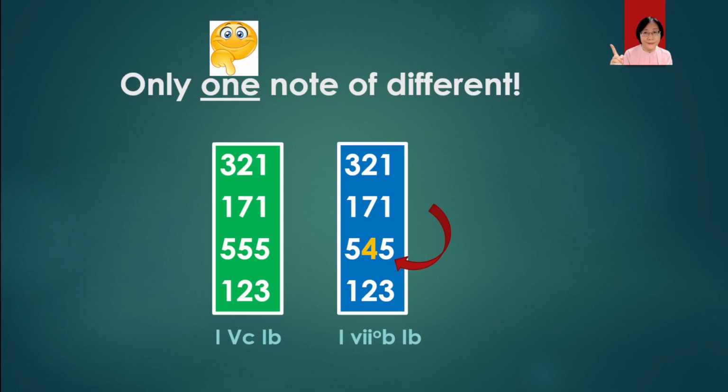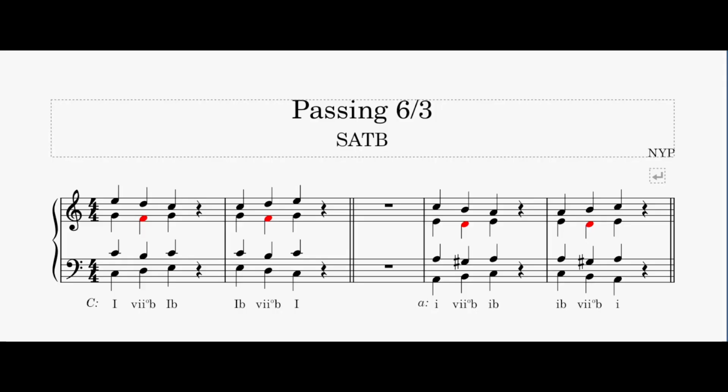Now let's look at some musical examples. This is a harmonization of the first three notes of C major. We are using 1, 7B, and 1B. The pattern sings as do, re, mi, re, do, ti, do, so, fa, so. When the bass line is descending, mi, re, do, we will use 1B, 7B, and 1. So the pattern just reverses. The soprano goes in contrary motion with the bass, and the inner parts are the same.